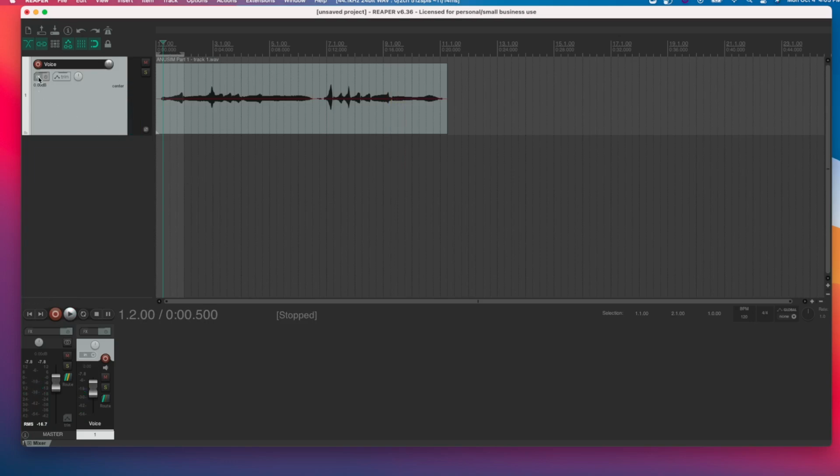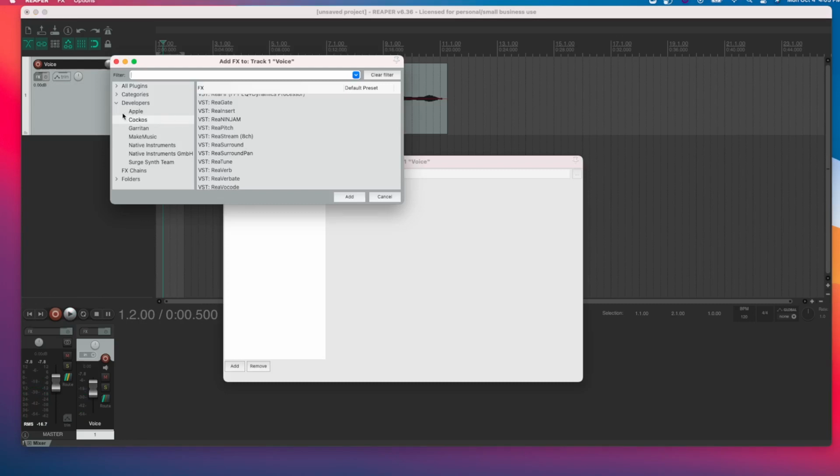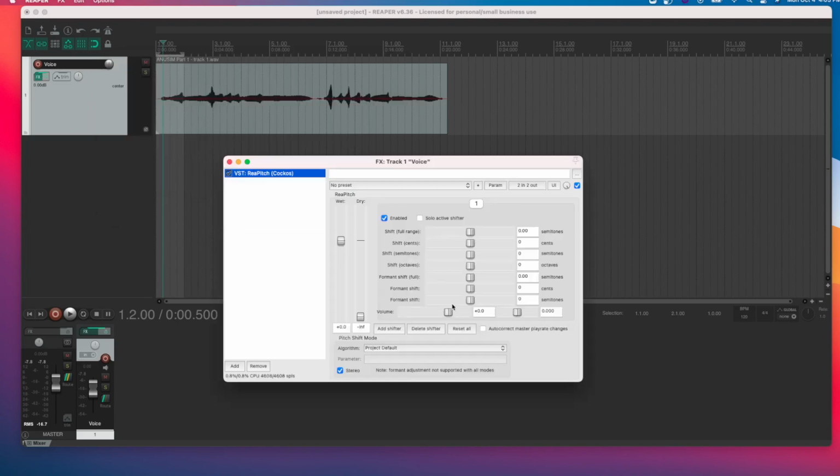And we will do this using an effect called ReaPitch. So we'll add an effect and we will go down here to ReaPitch, add. And this works sort of like the delay in a way because you can add multiple iterations of it that do different things. So let's start by adding a major third higher. So what this will do is it will play the sound back and it will transpose it in real time.